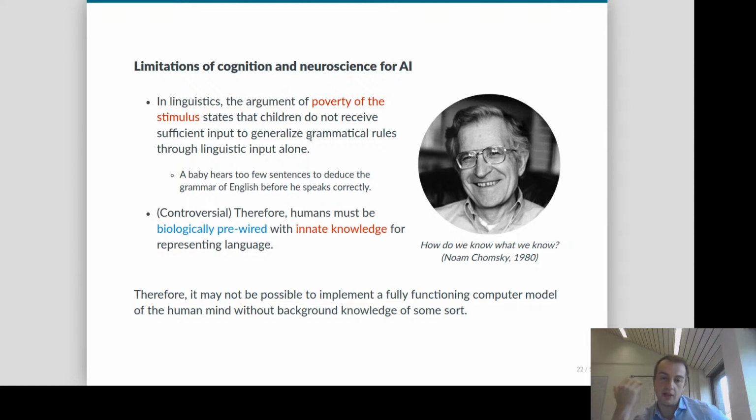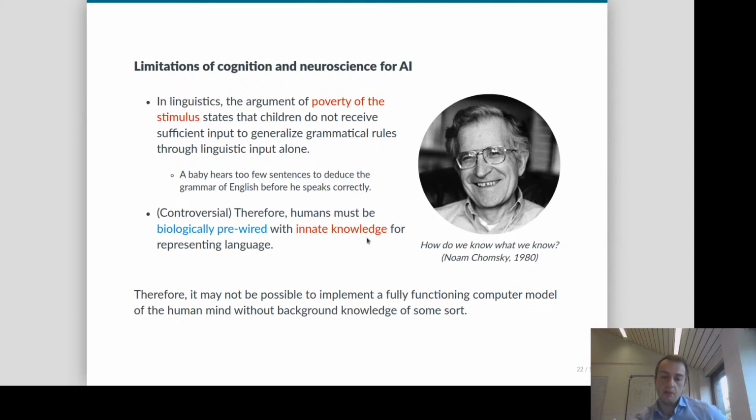Okay, so by that he means that humans must be in some way biologically pre-wired with some kind of innate knowledge. So you are born with some innate knowledge from the start, and this innate knowledge is what then enables you to quickly grasp language. Okay. So that means now, if we are still considering this approach of trying to reproduce exactly the human brain, be it from the cognitive science point of view or the neuroscience point of view, that means if this hypothesis is true,